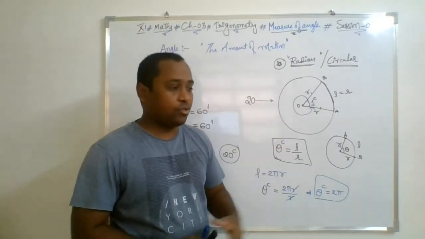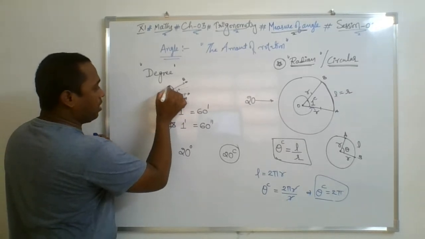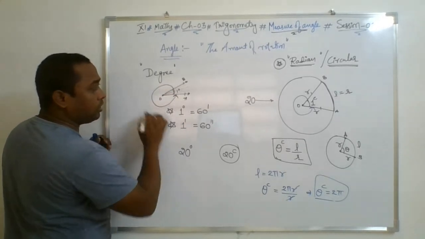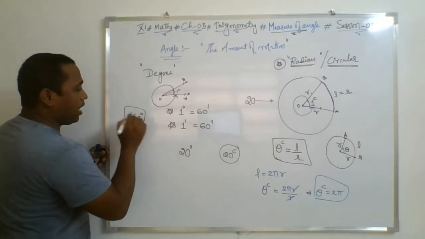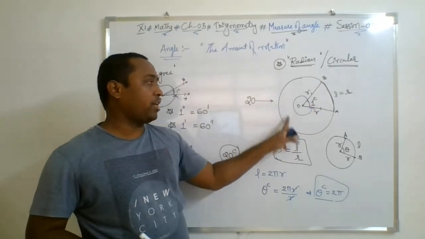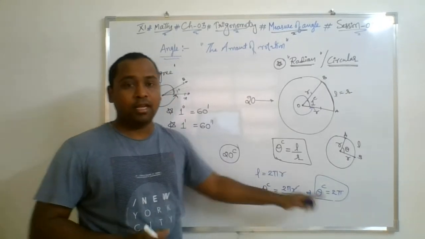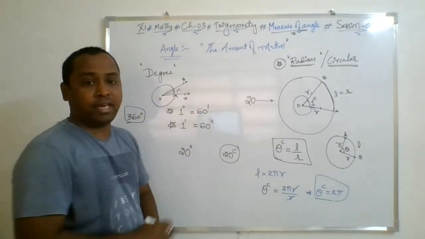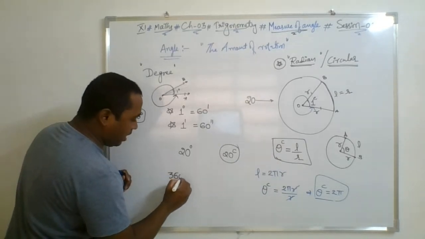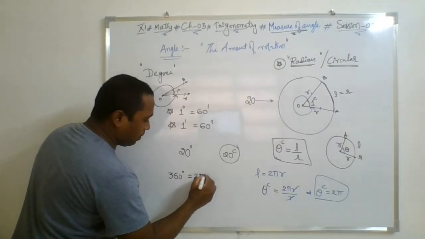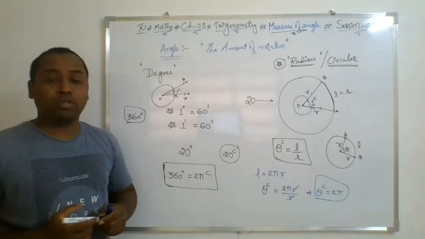Pi radians. So the amount of angle formed in the complete rotation in degree measure is equal to what? 360 degrees. And the same amount of rotation in the circular measure is given by 2 pi radians, but the amount of rotation is the same. Hence we can say that this 360 degree angle is nothing but 2 pi radians. So this is a beautiful relation we got through the discussion.